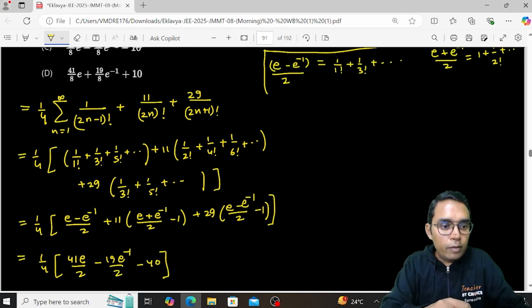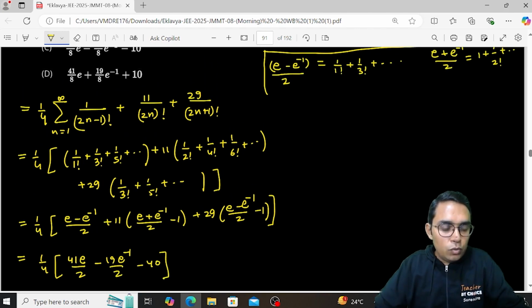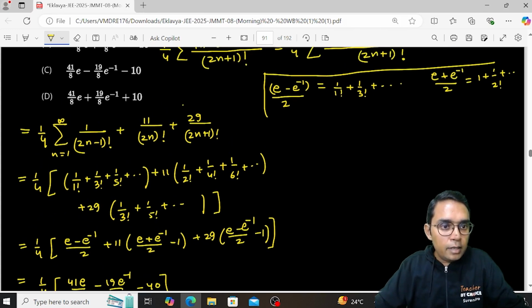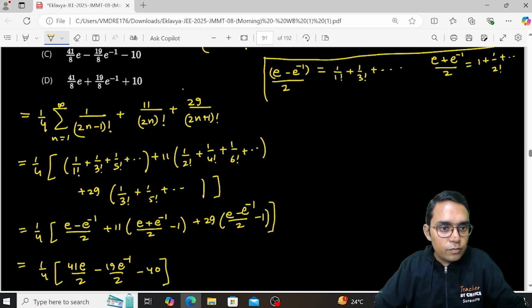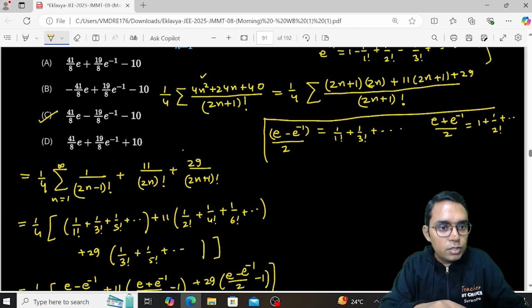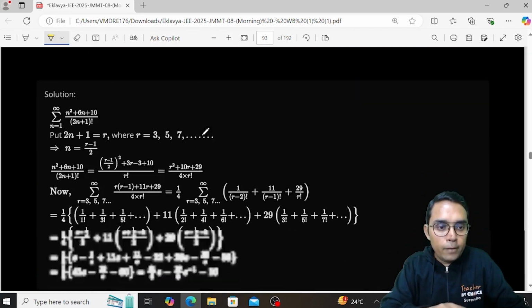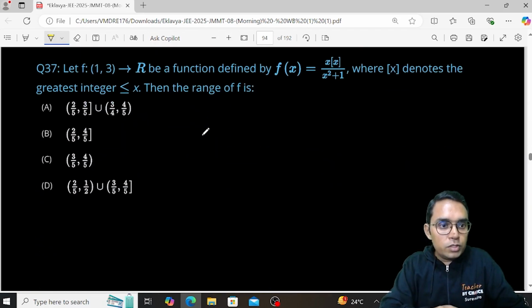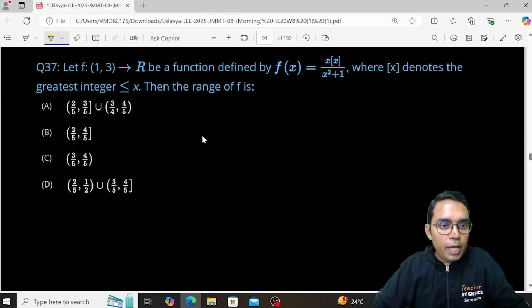I think we have to divide by 4 also. We will be getting 41e/8 and minus 19/8 e power minus 1 and minus 10. So seems like C should be the answer. Yeah, C is the answer because no other option is having like this. So C. Okay. Moving to this question number 37,